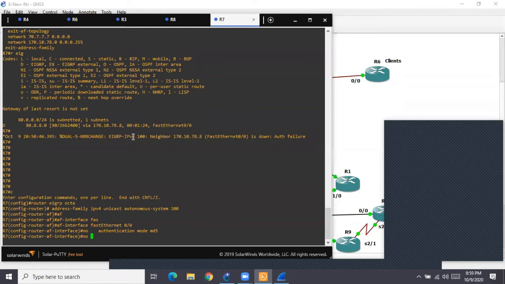Always, anytime you configure something, and if that configuration doesn't work, you should immediately remove that non-working configuration. Anytime you configure something and suppose you don't require that configuration any longer, you want to do something else, in that case also, always remove unwanted configuration. The mode will override, but that keychain will still be there.